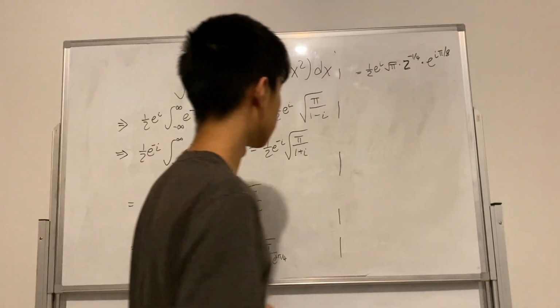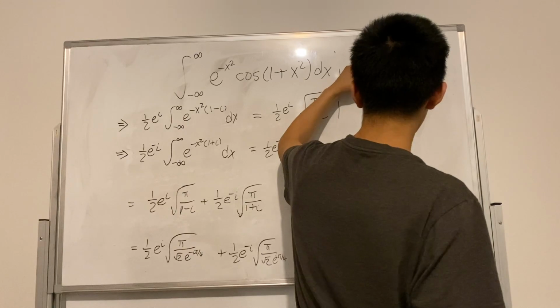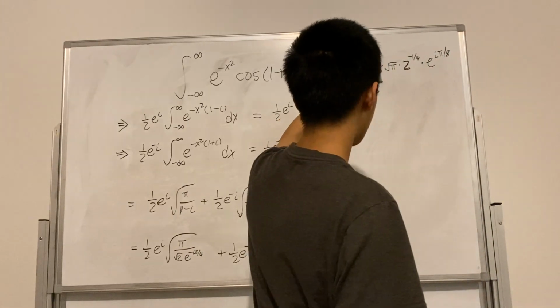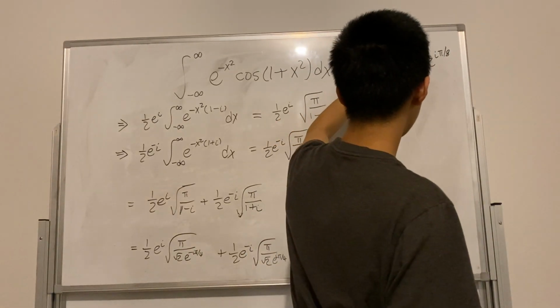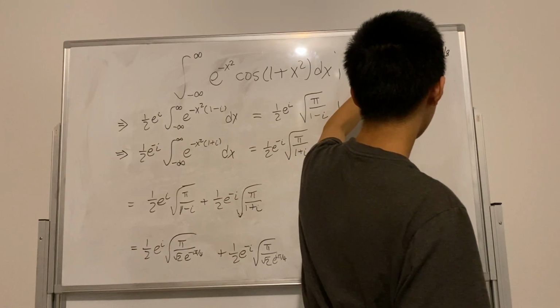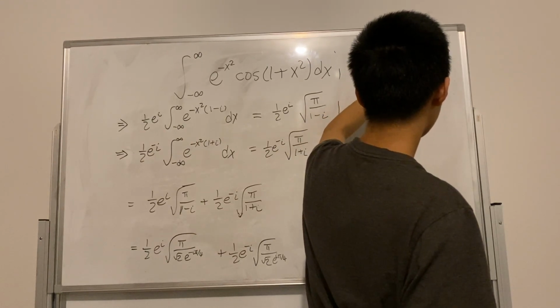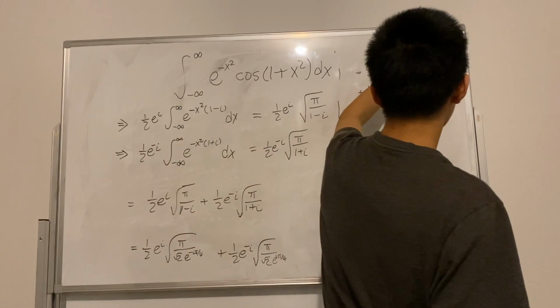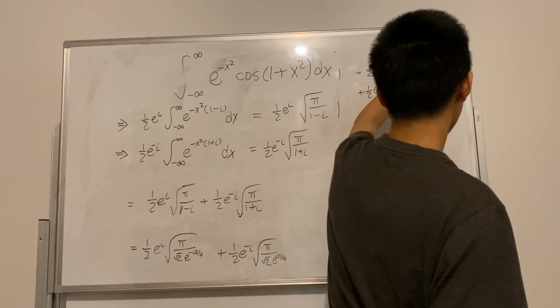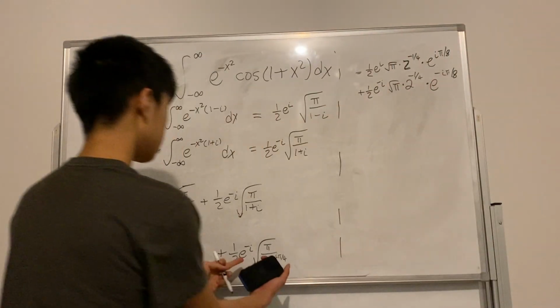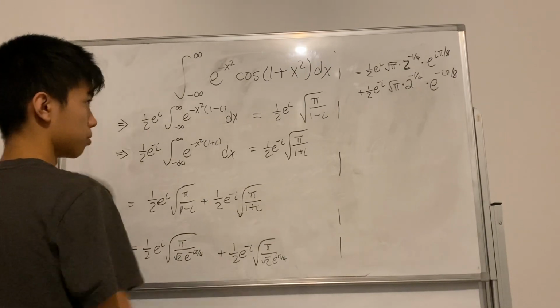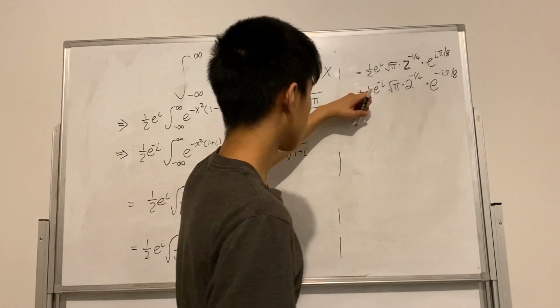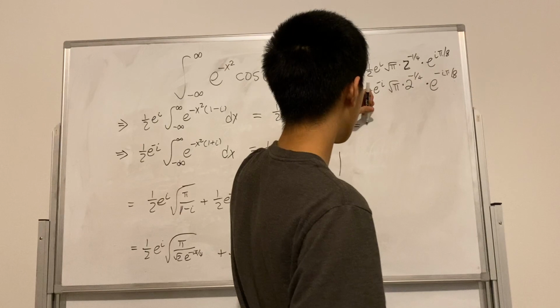Same thing here, plus 1/2 e to the negative I square root pi 2 to the negative 1/4 times e to the negative I pi over 8, because remember, you're halving and then taking the negative since it's in the denominator. So that's equal to 1/2